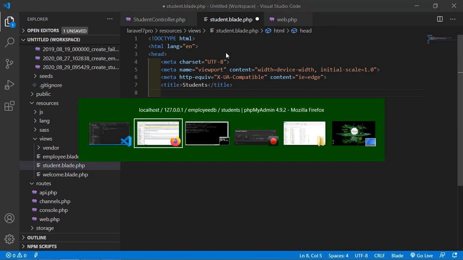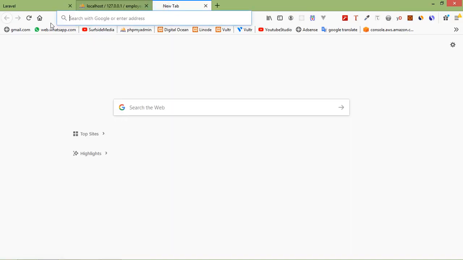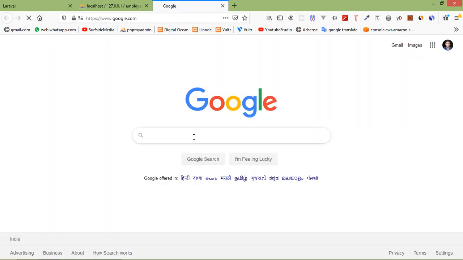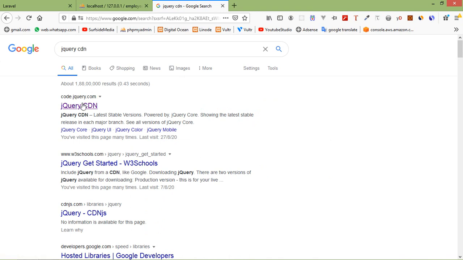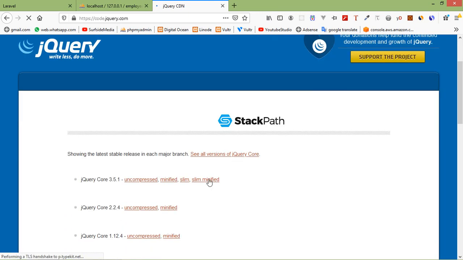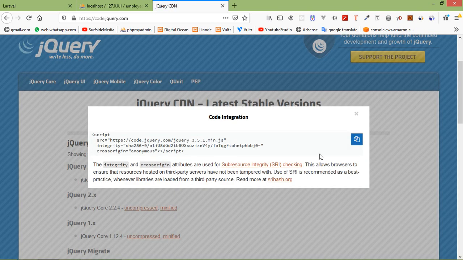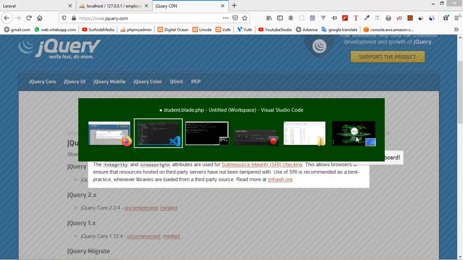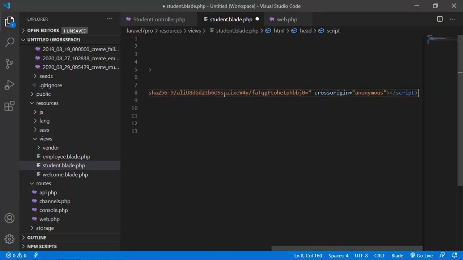So in Google, search here jQuery CDN. Okay, now just open first link, click on minified, just copy and paste here. All right,